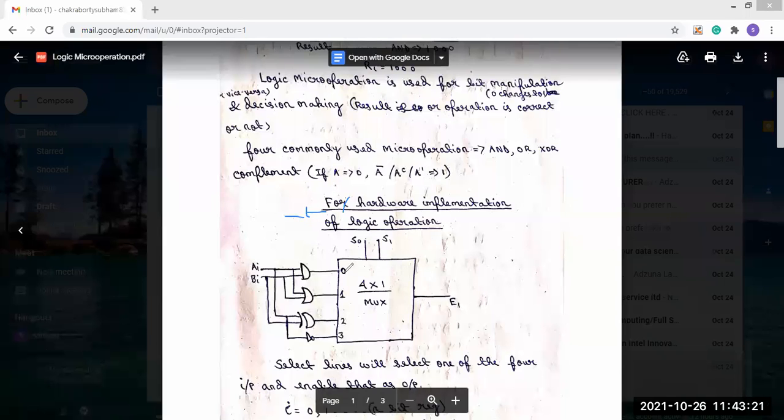Let's say input 0 is for AND, input 1 is for OR, input 2 is for the XOR operation, and this third input is